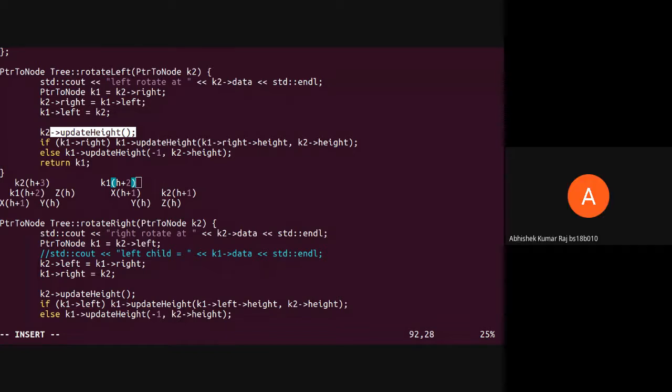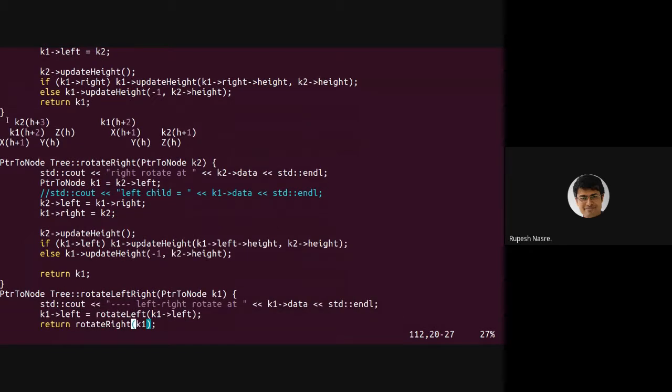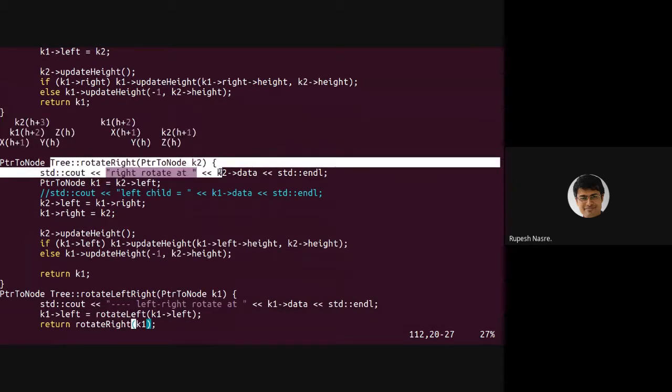So my question is that in the previous class, when the parent node is also unbalanced, and then also below the node that is imbalanced, first we are rotating at the child, and then after we are going and rotating at the parent. Correct. So we are here doing 2 rotations. So how are we doing this in code? Yes. So what we just saw is only for the rotate left case, which is useful in the right insertion. Or maybe this particular part that we saw was with respect to the left case.